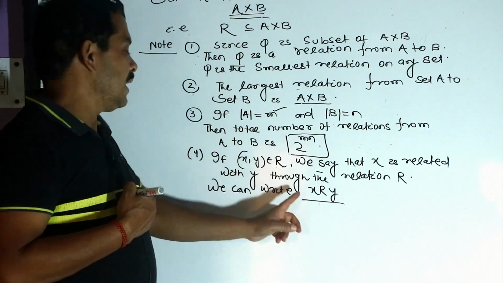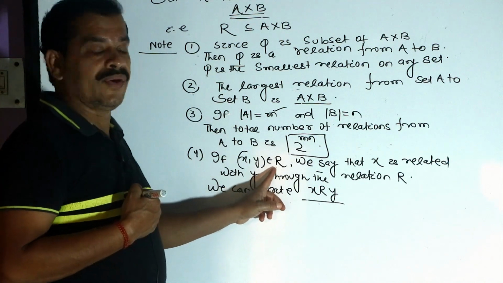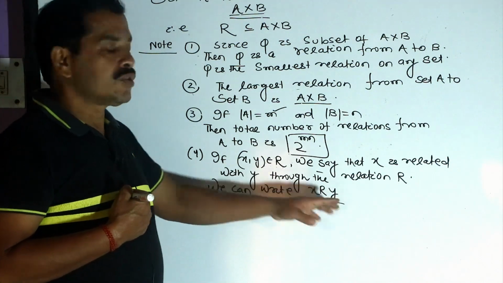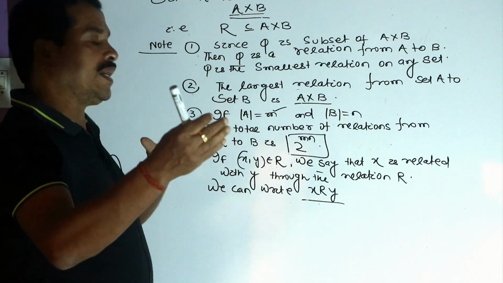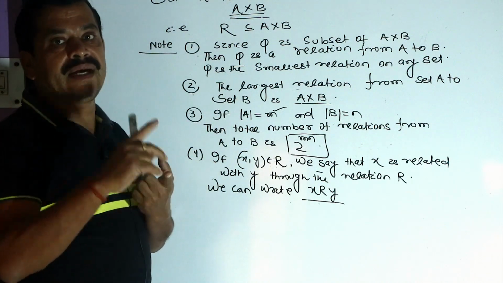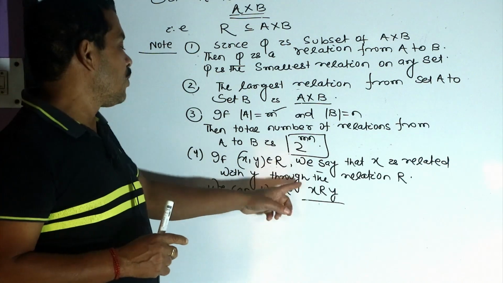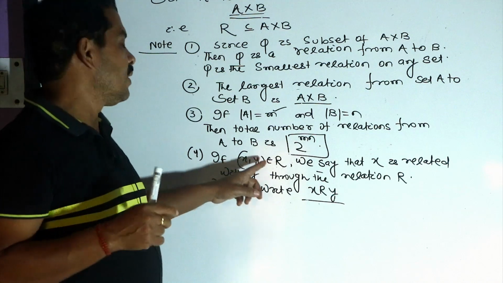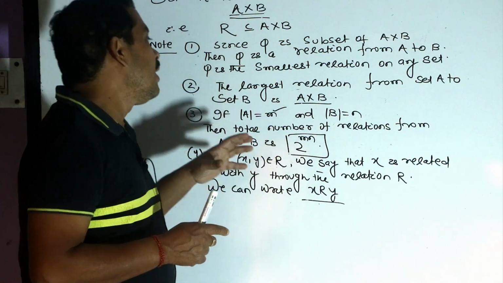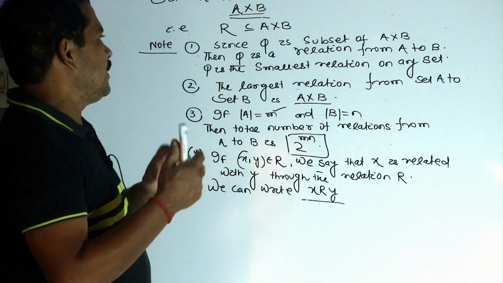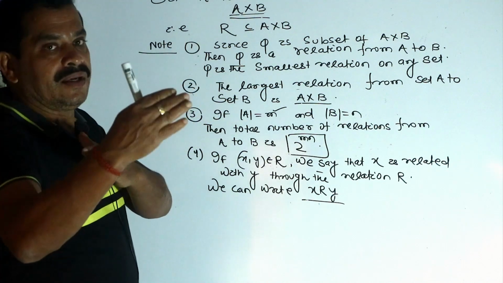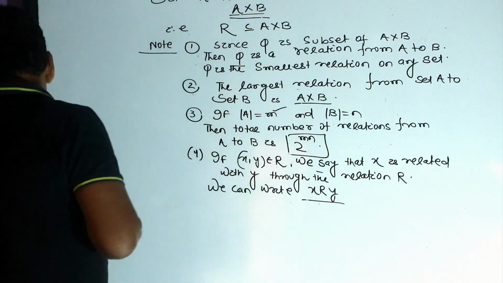If R is less than, then X will be less than Y. If R is friend of, then X is friend of Y. If R is subset of, then X is subset of Y. So R is the relation of the pair X and Y. So if the XY pair belongs to the relation set R, that means X is related with Y through the relation R. If R stands for brother of, then X will be brother of Y. If R is sister of, then X is sister of Y. That is the relation that combines X and Y. So every element of a relation is an ordered pair, and the first element will be related with Y through the relation R. These 4 notes are important.